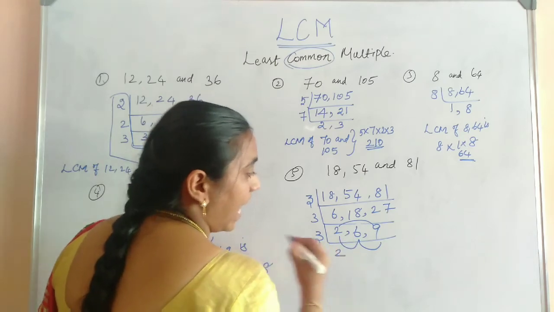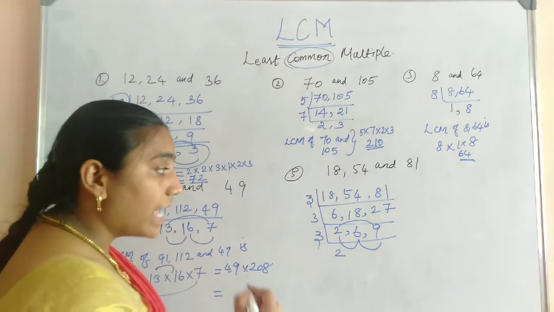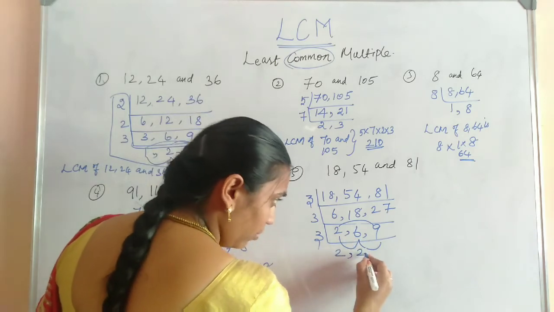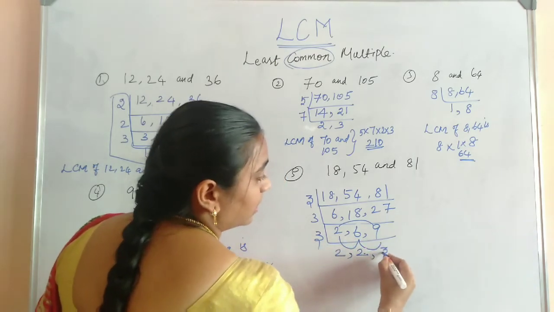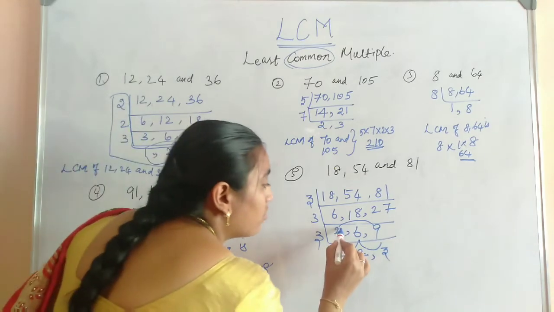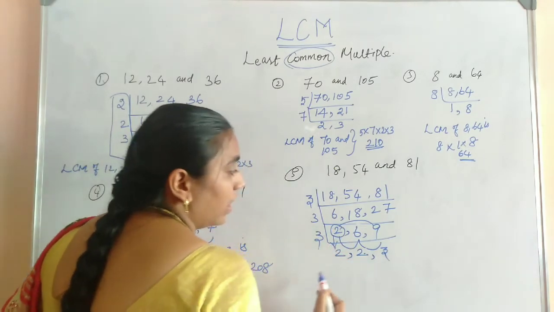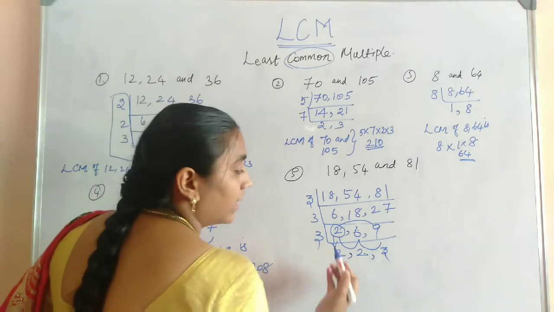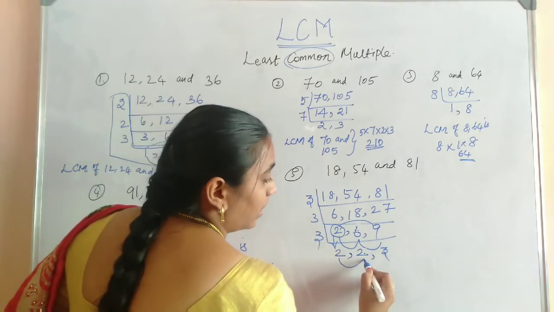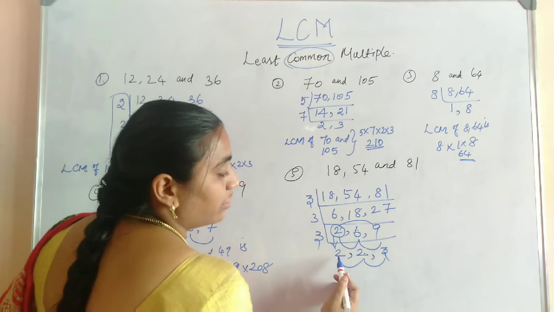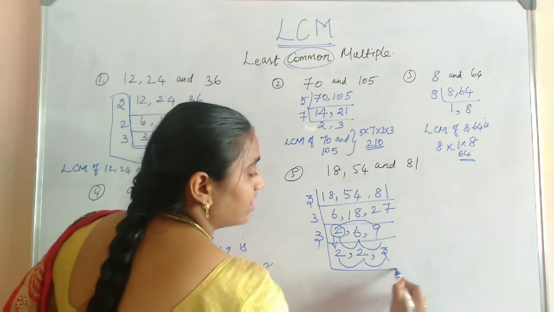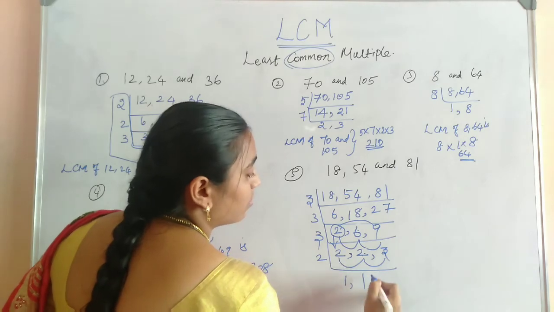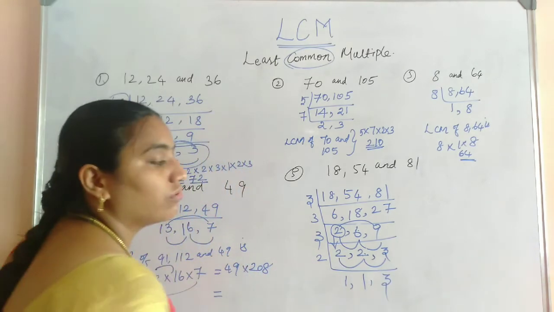So this 2 you write as usual. 2 3s are 6 and 3 3s are 9. Do you understand? This 2 you should write as usual. Only 6 and 9 have the common divisor 3. So I write that. Again, among these three numbers, do any two have a common divisor? Yes, 2 and 2 have the common divisor 2. So 1 2 is 2, 1 2 is 2. Then the 3 you just write as usual.